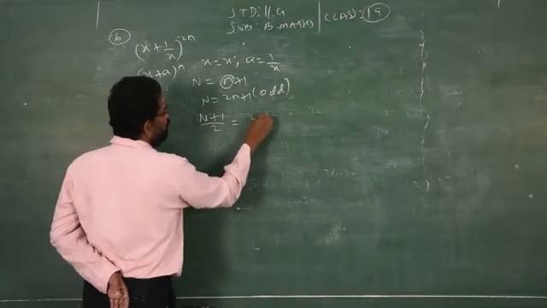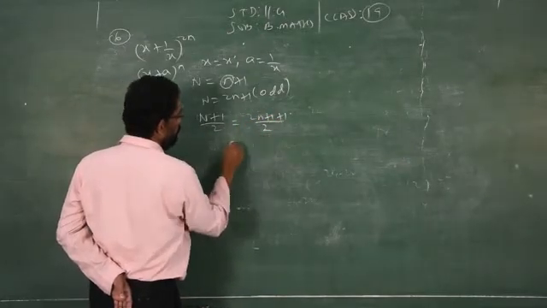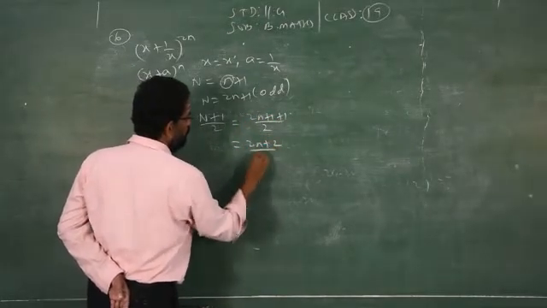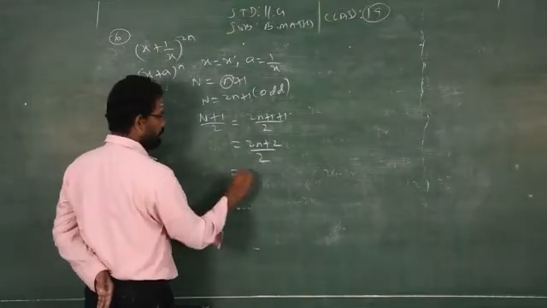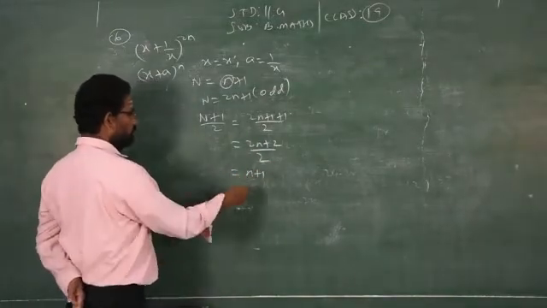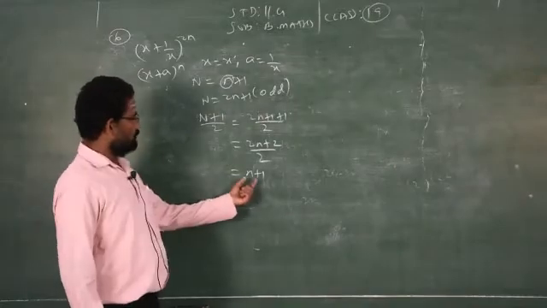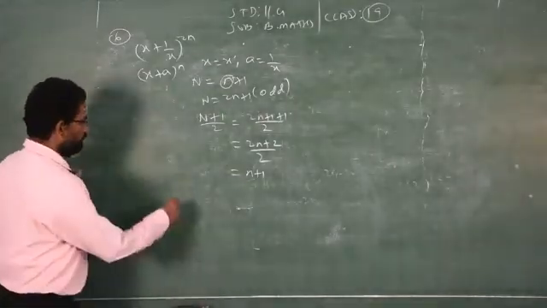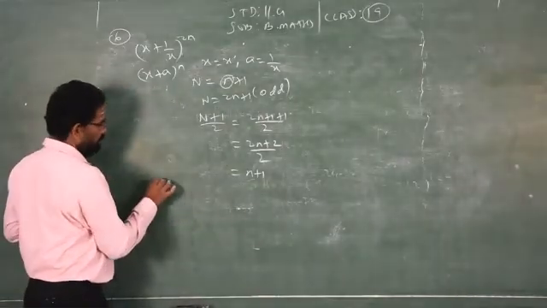2, that is (2n + 1 + 1) by 2, which will give you (2n + 2) by 2. If you take 2 outside, you will get how much? n plus 1. So you have to find the independent term of the (n + 1)th term. So if I am replacing, this is the general formula. What is the general formula?